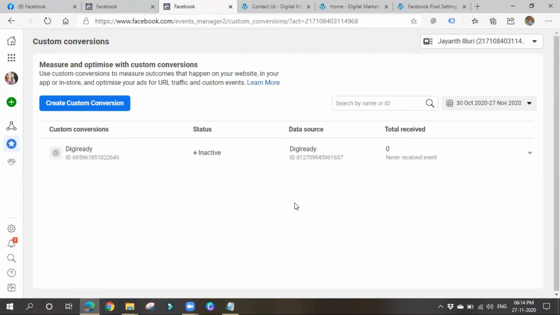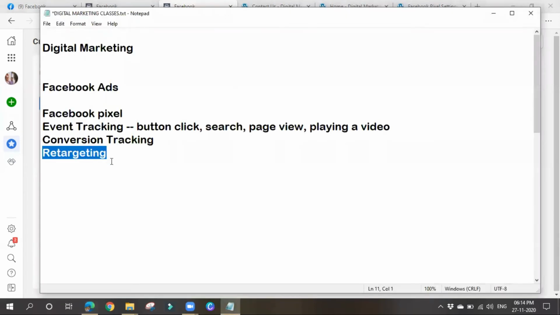So we can create multiple conversions, and also we can create multiple events, so that we can track all of them, right? Now let's go for retargeting or remarketing. Let's think that some people have come to our website, and they have gone to our products page, they have seen some products, they have added those products to cart, but they haven't made a payment, or they haven't purchased our product. Then we can show our ads to them again and again, and we can impress them, and we can convert them. We can make them buy our product.